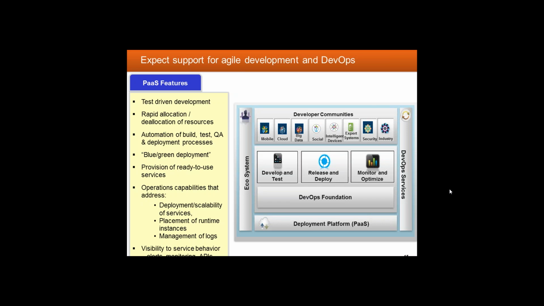We should look for rapid allocation and deallocation of resources. So, we shouldn't be looking for weeks and months to allocate stuff. It should be seconds and minutes at most. And the best PaaS systems do that. We will want to be looking for high degrees of automation of all the processes: build, test, QA, deployment, all of that should be automated. You shouldn't be expected to do a lot of manual operations. The best systems, you commit the code and stuff just happens from there automatically. You don't have to, as a developer, raise a finger unless something fails the test sequence.